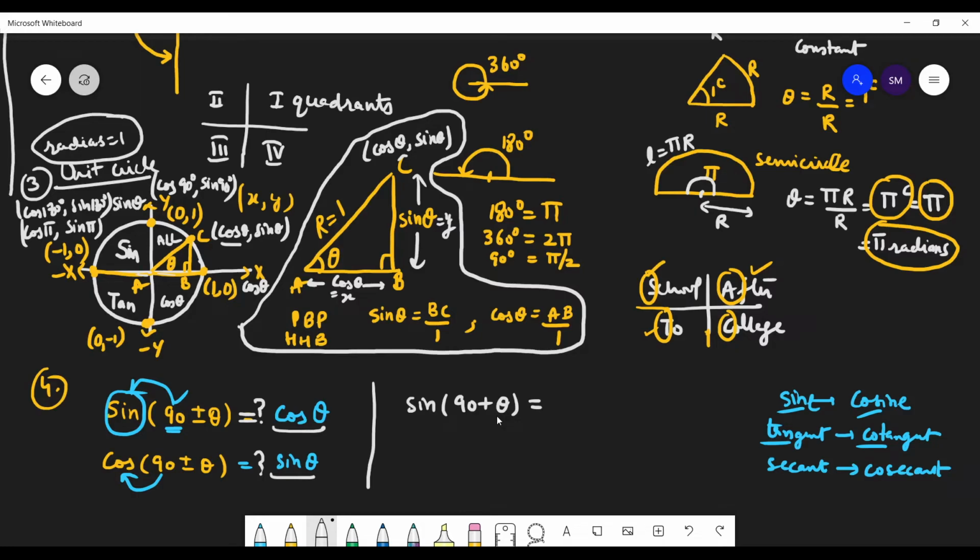See, 180 is there. So the trigonometric ratio will not change. Only in the multiples of 90 it will change. Now what quadrant is this? Third quadrant, right? So in the third quadrant, tan is positive, but sine and cos both are negative. So that is why. Is this clear to everyone? Yes? So please note it down.